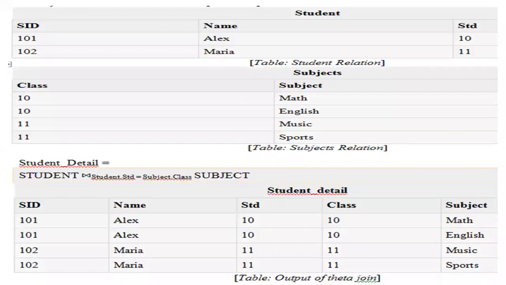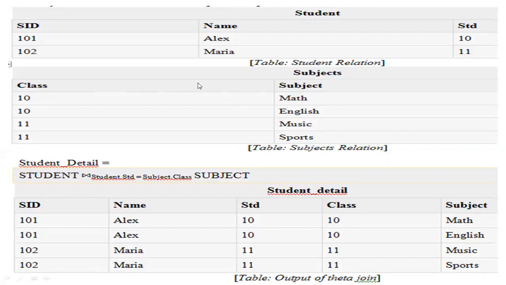Then we'll see one example here. Here you have the student table. This is actually the student table with student ID, name, and standard. Then we call this the student relation, right? Then one more relation we have, that is the subject relation. In the subject relation you have class and subject. So now this was the condition, R1 intersection R2 equals null. That means the attributes present in both tables should be null. So you have the student ID, name, and STD, but here you have only class and subject. So there is no common attribute present in both tables, right?